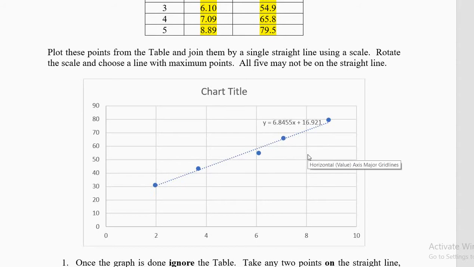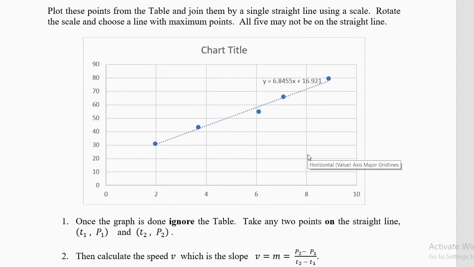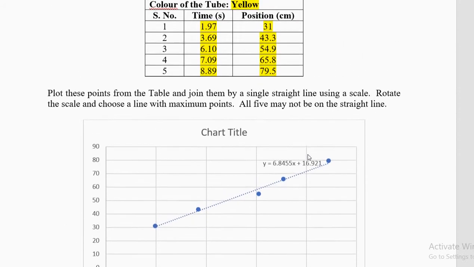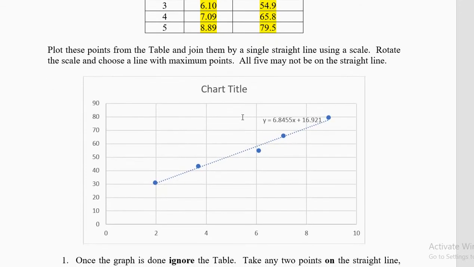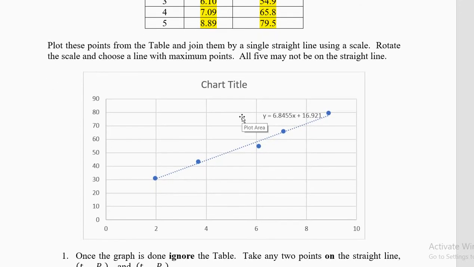After you put the 5 points on the graph, don't look at the table again. Just check whether you have put the 5 points correctly. The first step is to read the table and do the round off because of the limitation of the graph paper. Because your graph paper is small, you are not going to use 1 meter by 1 meter or 2 meter by 2 meter graph paper. If you are using a very big graph paper, there is no need to round off.